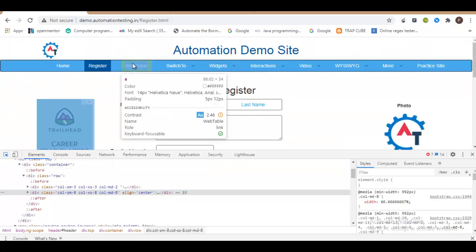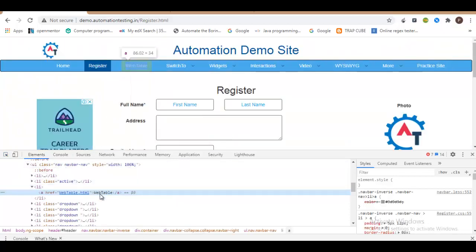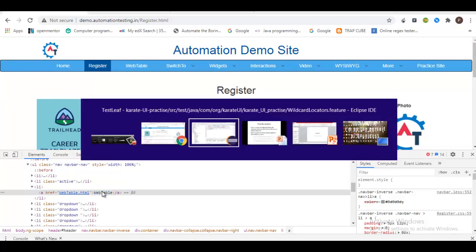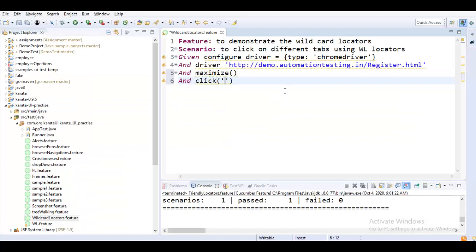So let me identify this thing. It is in a tag, so I can very well do that. I know that the wildcard locators basically start with the curly braces, and this is the text present, and it is enclosed in a tag.